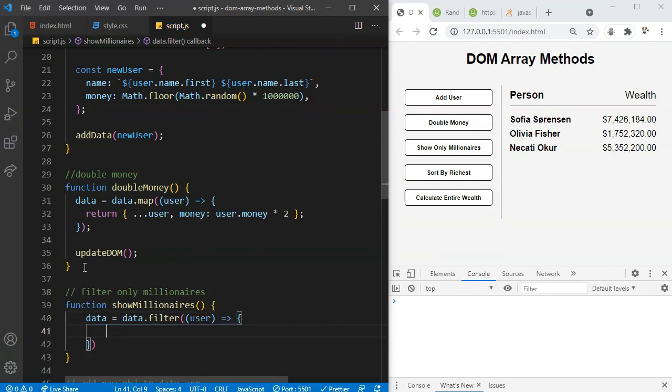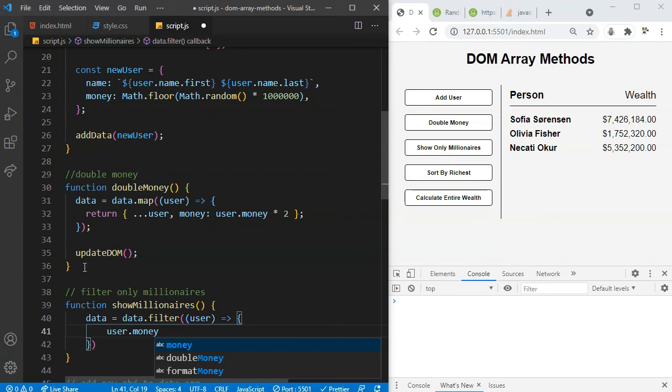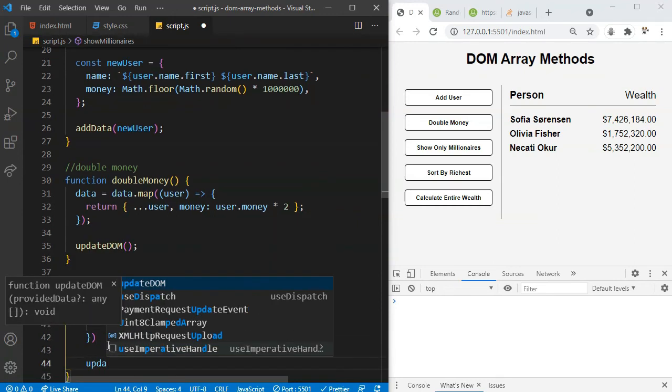and it's gonna return the user.money. If the user.money is greater than a million, then it's gonna return the user. That's going to be the array. If the user.money is greater than a million, that's what we want, right? So here it's gonna return that, and we also need to call the updateDOM